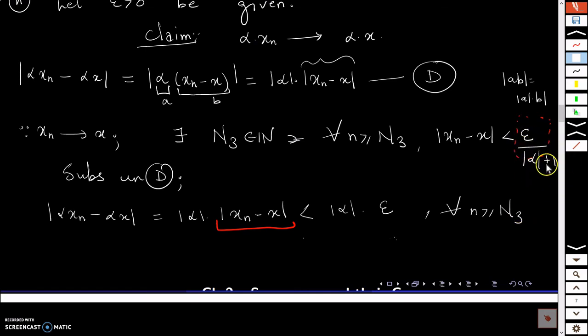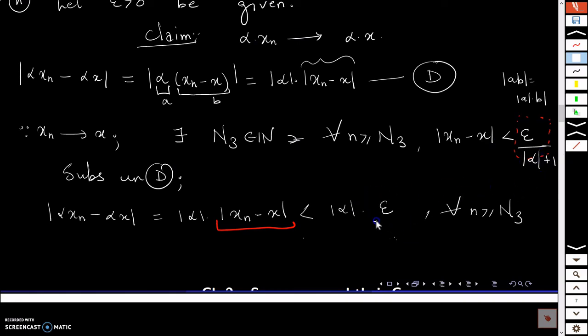After adding 1, I have mod alpha plus 1 in the denominator. Can the denominator be 0 now anytime? This will be 0 only if mod alpha turns out to be minus 1, then minus 1 plus 1 will cancel out and you'll end up with 0. But the modulus of any real number is always bigger than or equal to 0. So there is no chance of mod alpha being negative, and hence mod alpha plus 1 will be a non-zero number. So this is how we take care of the denominator.